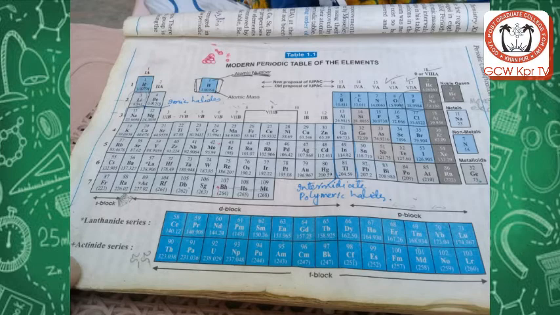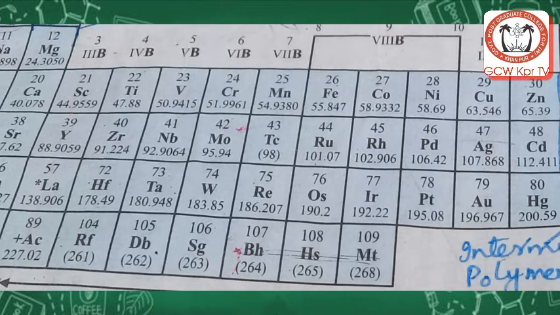There is another division in the periodic table depending on the metallic, non-metallic and metalloid character of the elements. In general, we can say that the elements at the extreme left corner of the periodic table are non-metals, and the elements at the extreme right corner of the periodic table are metals, and the elements between these two extremes are considered metalloids.